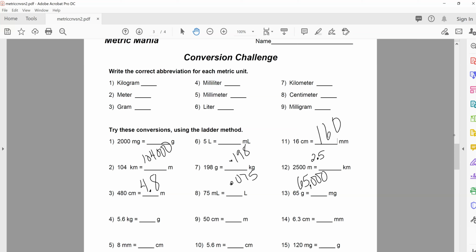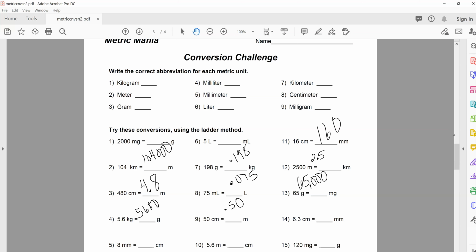5.6 kilograms to grams. Kilograms is the high unit, grams is the base unit. We move to the right 3 times. So we can multiply by 1,000, or we can move it 3 spots to 5,600. 50 centimeters to meters. Centimeters is 2 units below meters. So we will be moving to the left, so we can divide by 100 or move it to the left